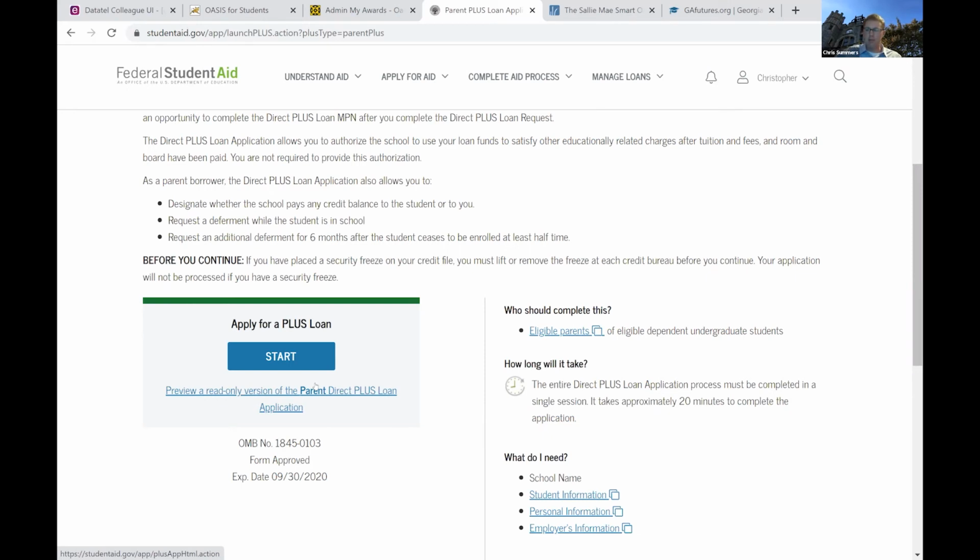Probably the extra step involved there is going to be a cosigner. Most undergraduate dependent college students just haven't had the opportunity to build a credit history yet. As a result, most undergraduate dependent students seeking a credit-based loan are not approved on their own. But an adult or anybody who's got a credit-worthy history can step in with a student and co-sign on most likely what's going to be a